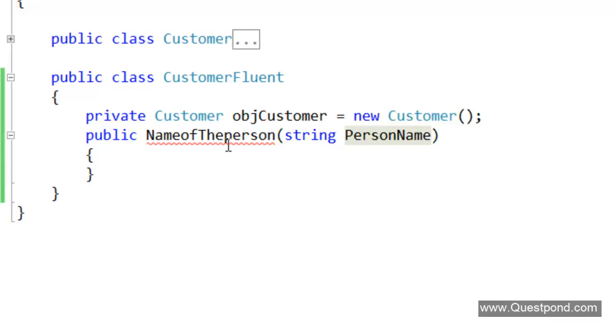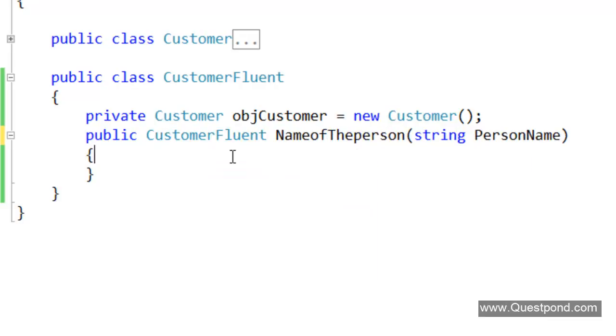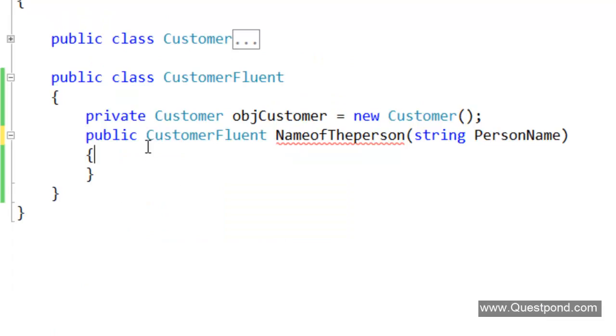Now, in order to ensure that this method actually becomes a part of the method chain, we need to ensure that this method actually exposes out the customer fluent class. Why? Because we would like to have a method chain like this: name of the person, born, stays at, right? So what I've done is, the name of the person actually exposes out the customer fluent class, and in this